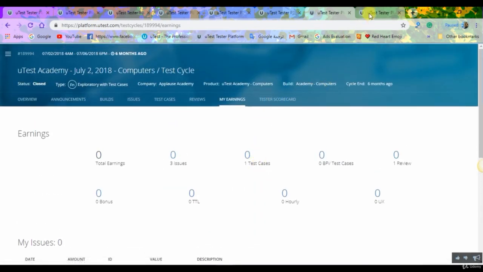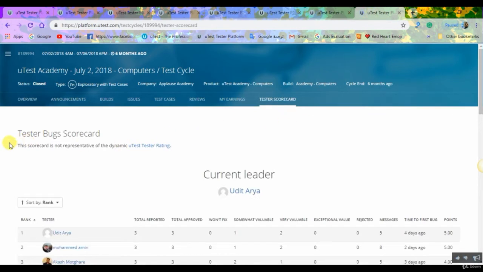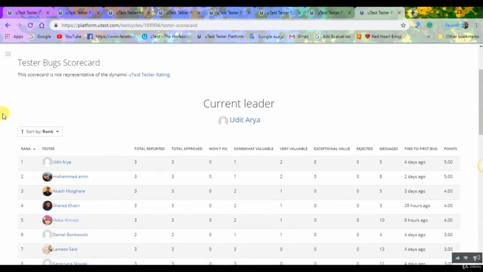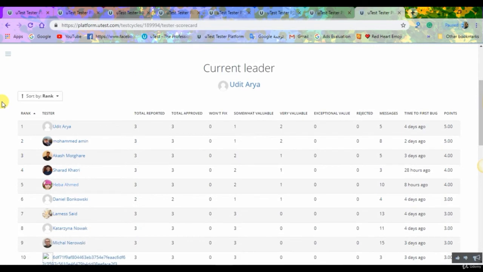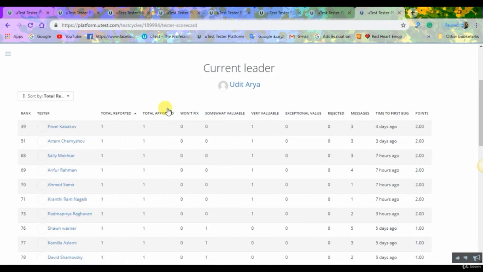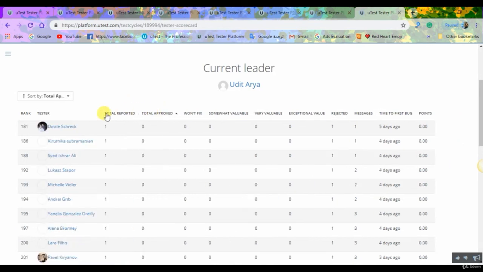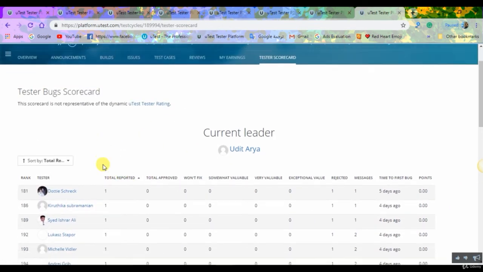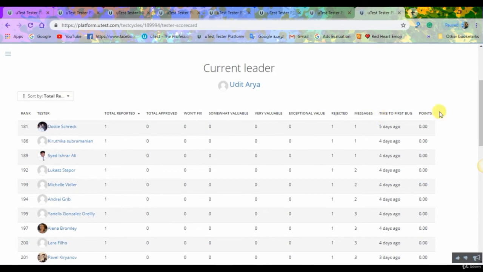The final thing we have here is a tester scoreboard. As you see here, I was lucky to be the second, which is actually the first repeated rank on the test cycle, and I got 5 points, which made me and the audit area take the first rank on this cycle. Of course, we were with 232 other testers who participated in this invitation,